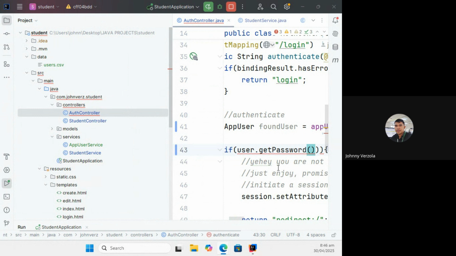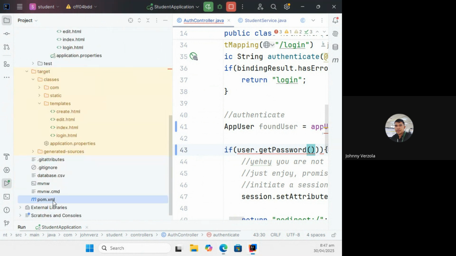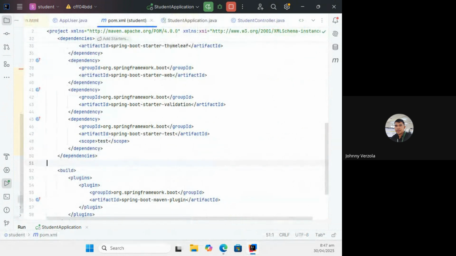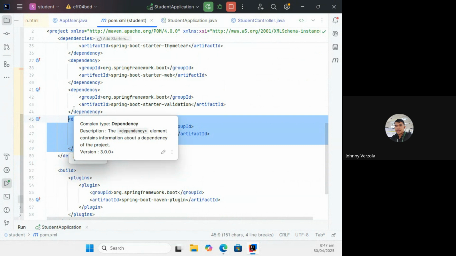We will go to our POM, and there is a dependency that we need to add there. The dependency that we need to add pertains to the library that helps us encrypt a plain text and match a plain text to an encrypted data.